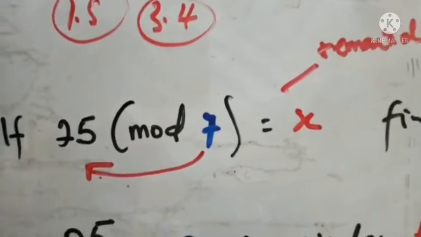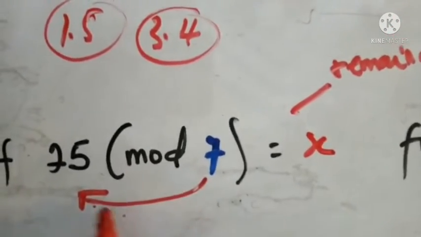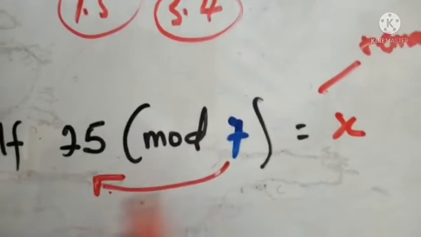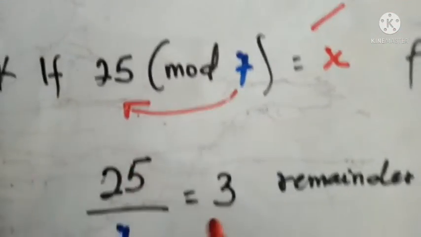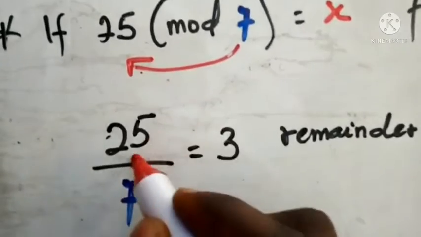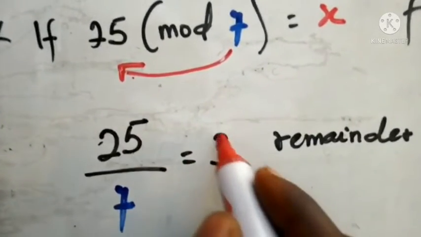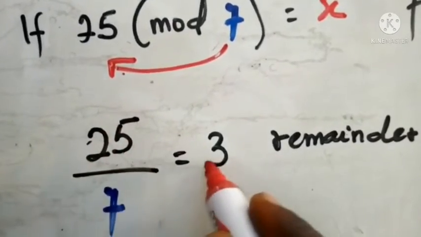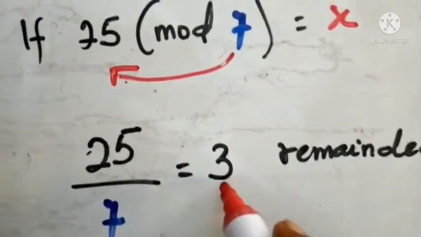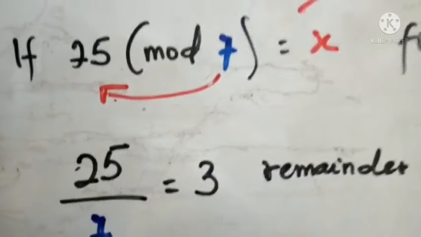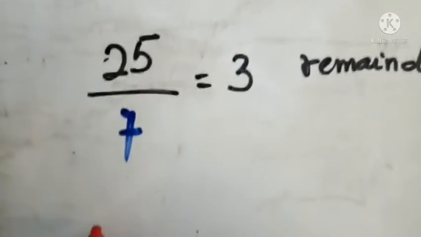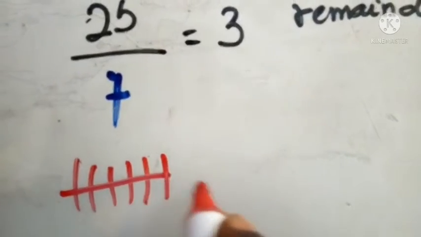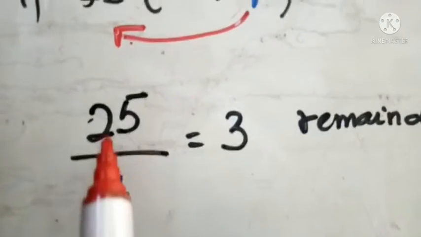What I mean by that is that if you take a group of 7 out of the 25, you can take your first 7, second 7, and so on and so forth. So if you divide 25 by 7, you should get 3. You and I agree that this should give us 3 point something. The 3 means that you are going to take the first 7. So that is 1, 2, 3, 4, 5, 6, and then 7. So this is the first 7. If we take the 7 out of the